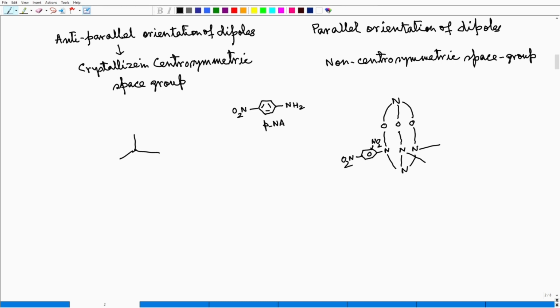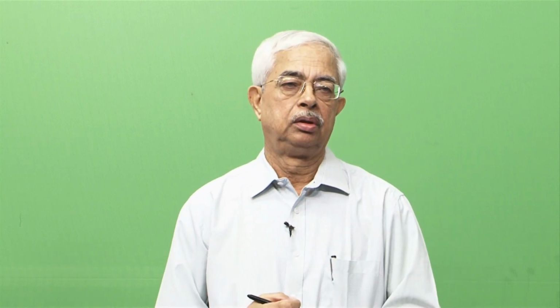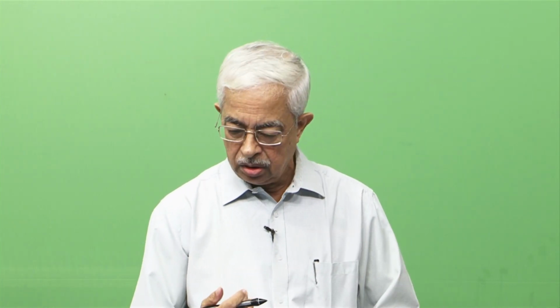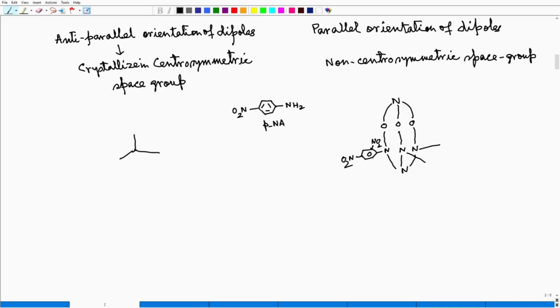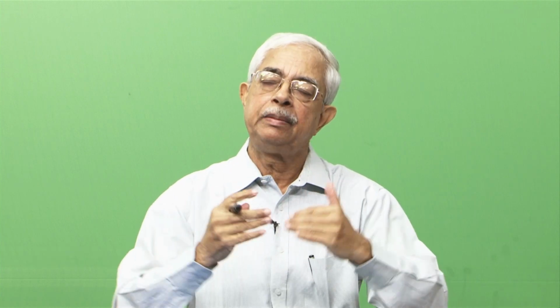So, their crystallization in anti-parallel mode will be less probable. So, people have gone from this linear to this, which is called octupolar. This is known as an octupolar molecule or a 3-dimensional molecule. So, a 3-dimensional molecule will have less probability of anti-parallel